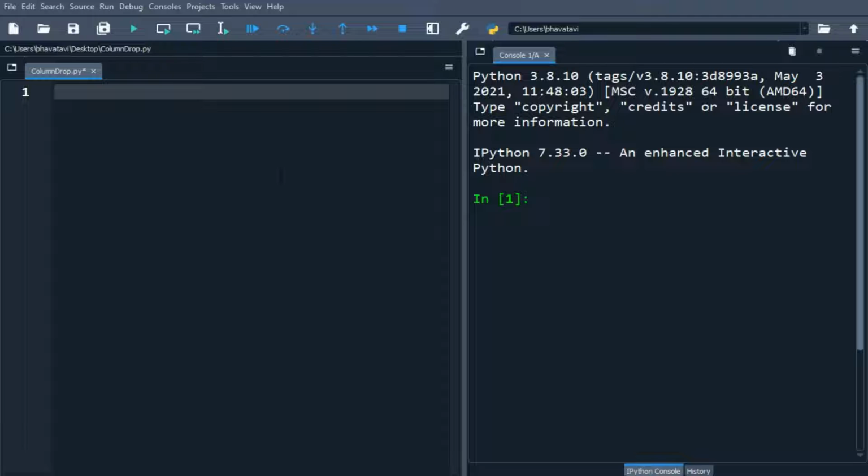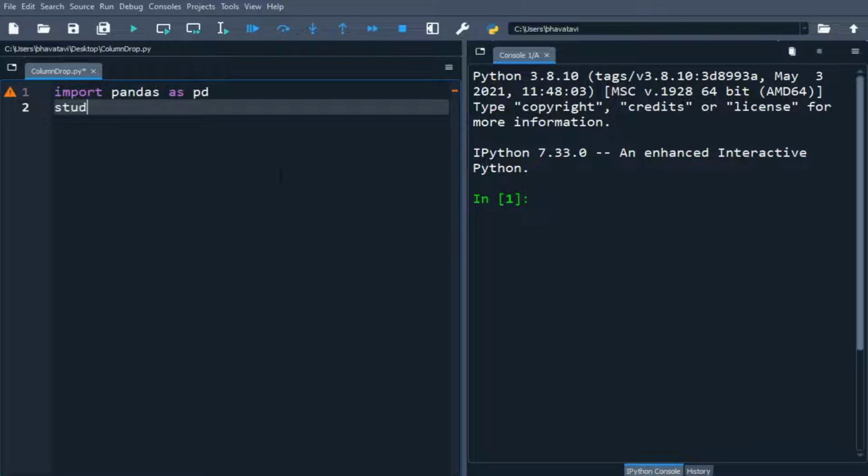So we will just import pandas as pd. Okay, let's make a student_dictionary. So I'll put the values as name, and then let's say the names are Sarmishtha and let's say Devyani.